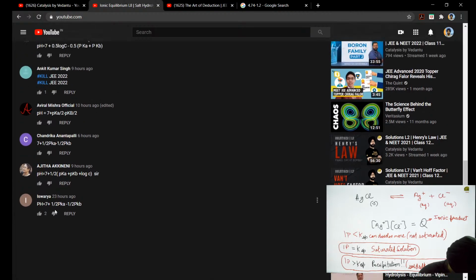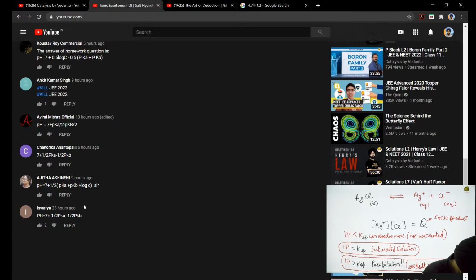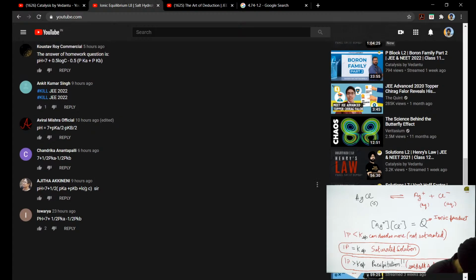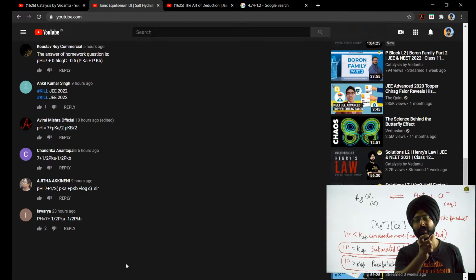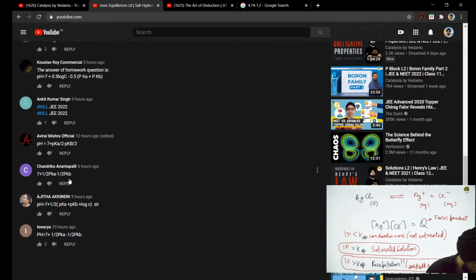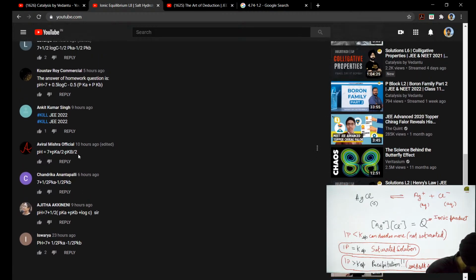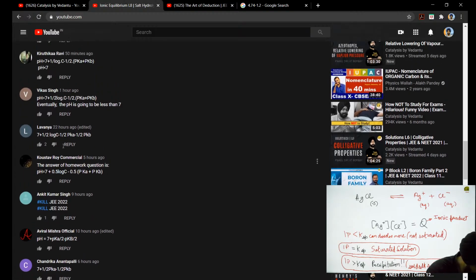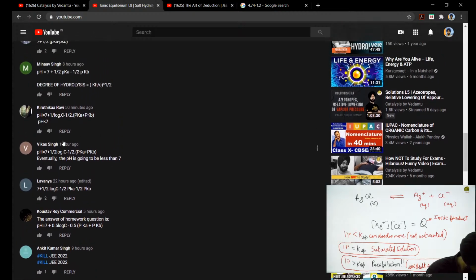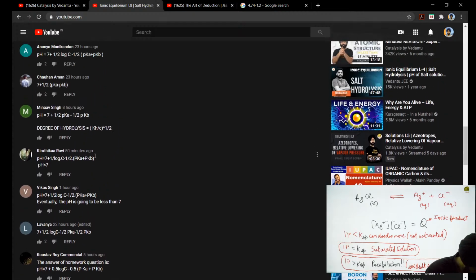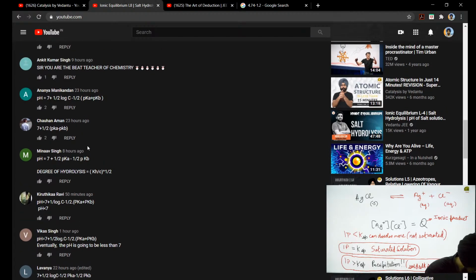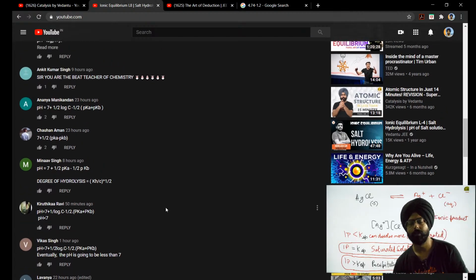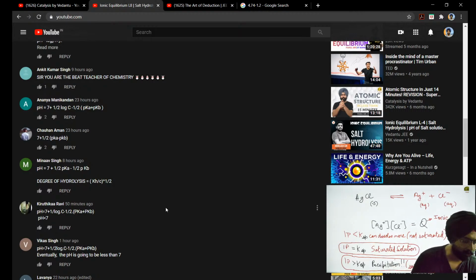Yes, Aishwarya absolutely correct, good job. Ajita, log C will not come. The concentration of the acid part and the concentration of the base part will cancel each other out. They will become minus of each other. Try it out once again, okay? And Chandrika absolutely correct. Aviral, very good job. Again, log C will not come, Kaustav, try it out once again. Lavanya, yeah, log C shouldn't be there. Minav, absolutely correct, although you should try it again if you're finding the derivation a little difficult.